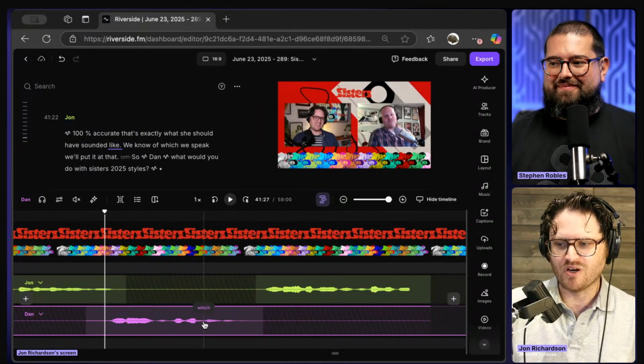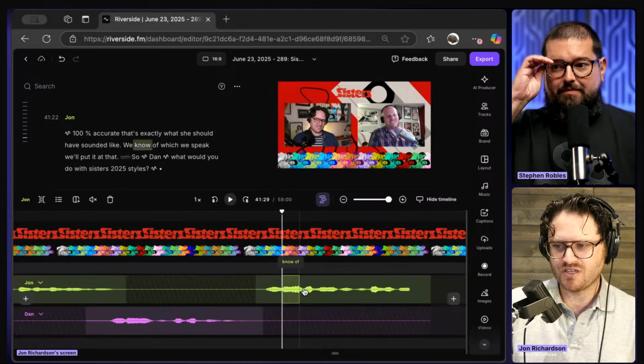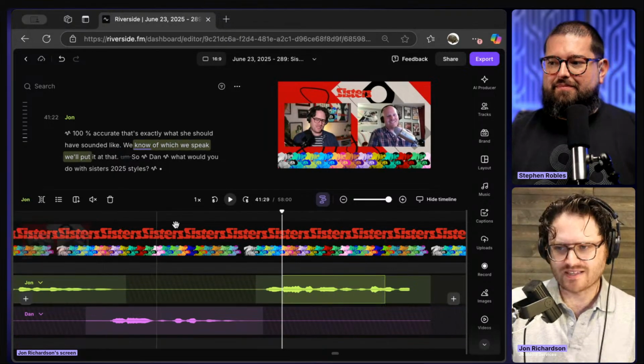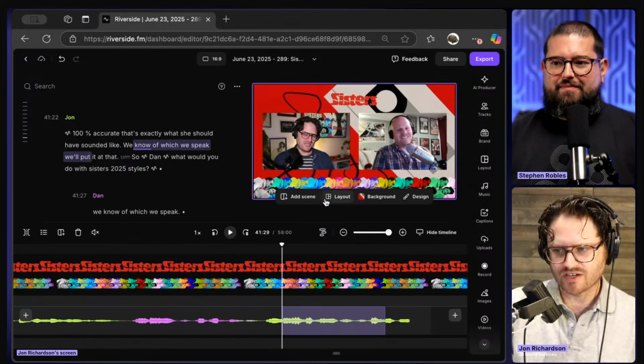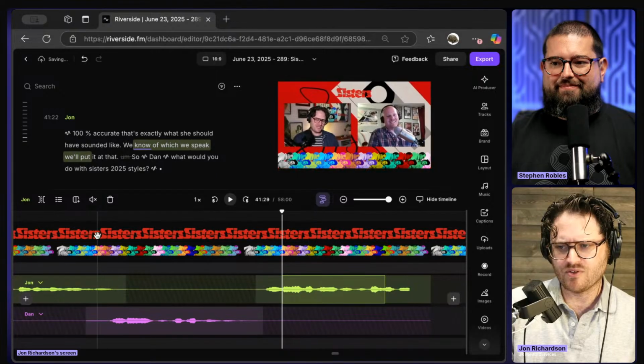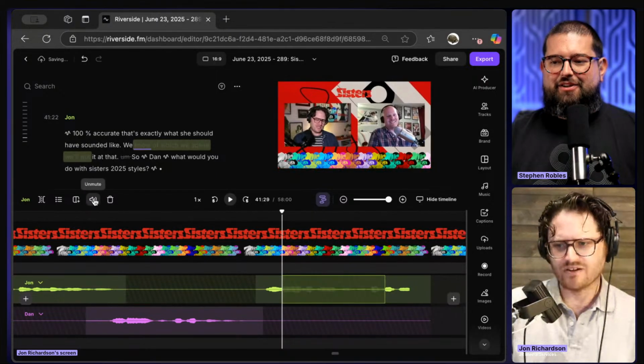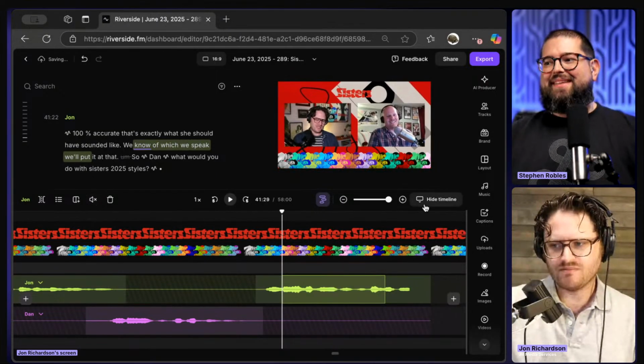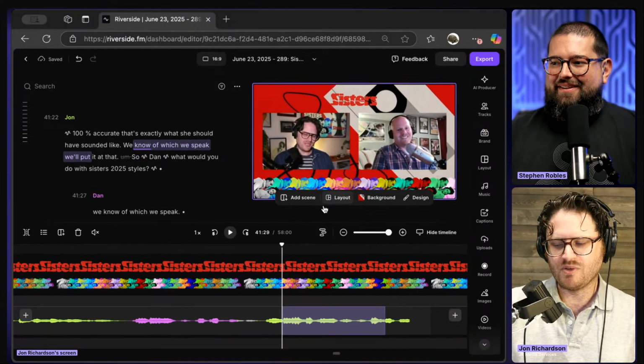Also, if you just want to mute a particular section, you can just select that, and you might have to have this collapsed, and then you just hit mute, and it mutes it right there. I think that if you expand it, you can do it too. Yeah, you can, just on that one track. You got it. Yeah. So many great tools.